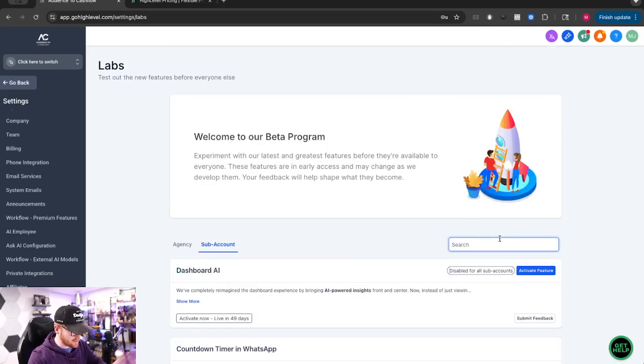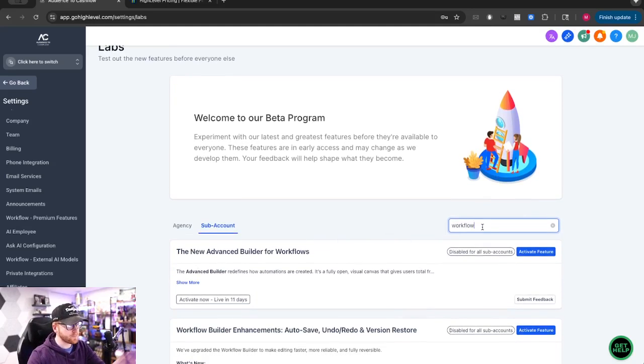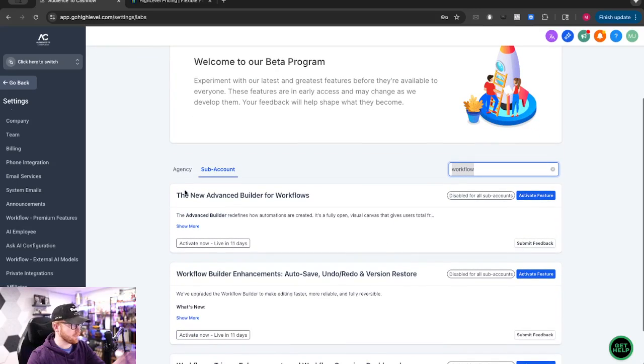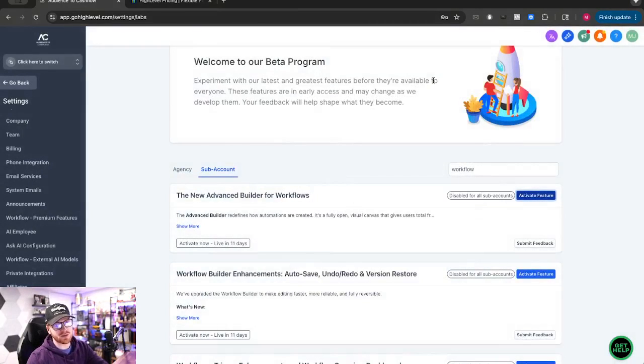But if I wanted to go ahead and, let's say, install the new updated workflow builder, I could search in here for workflow. And here we see the new advanced workflow builder. This new workflow builder is awesome. I'm gonna have a video coming on it soon. But all I would have to do here is click activate feature and choose what sub accounts I wanna put it into. Now, I recommend setting yourself up with a demo account so you can start playing around with these